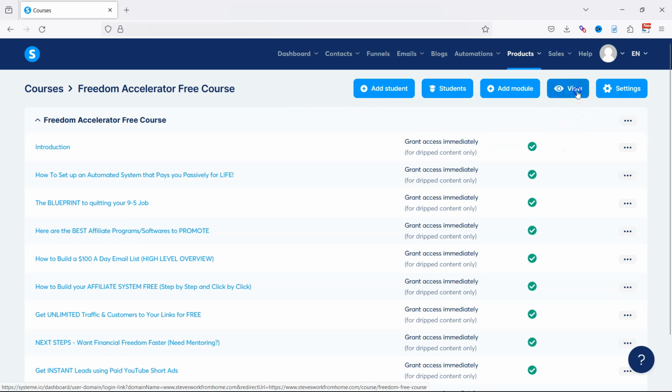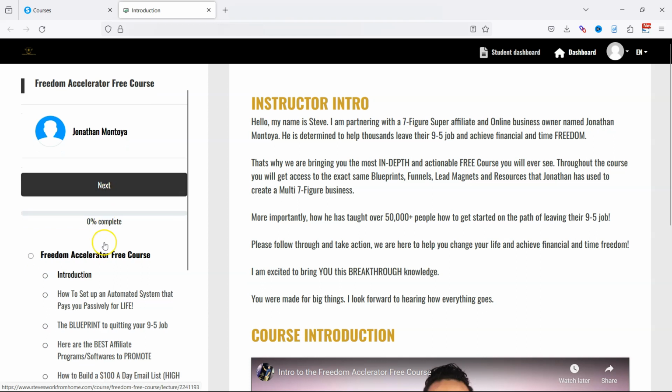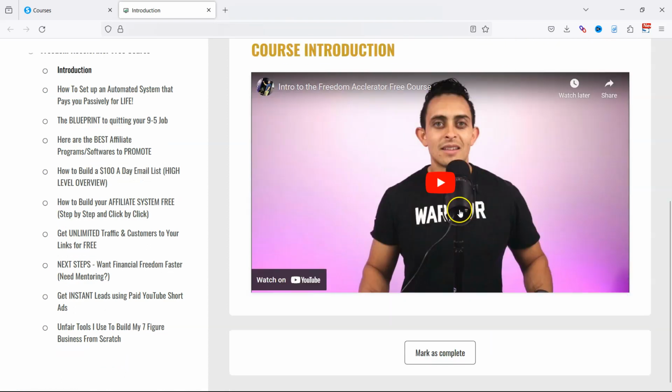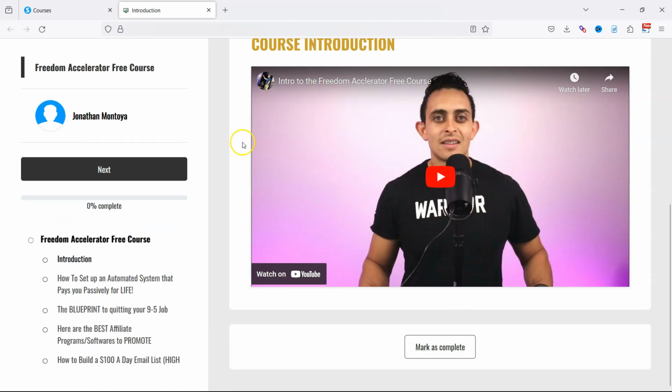If I click on view, it's going to take you into the course like a student would see. Now you can see, in my opinion, just how clean this is and how nice this is. So over here you got the course name. You can navigate here with a button, and then it's got the individual links that you can navigate to as well. So once you get here, this is the intro. This is the first. They would watch the video